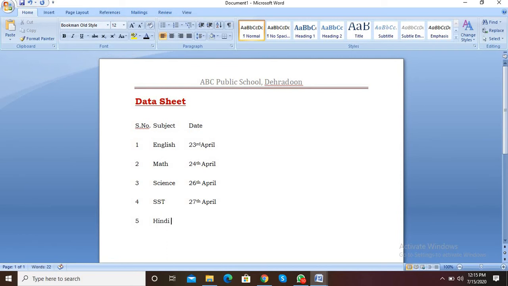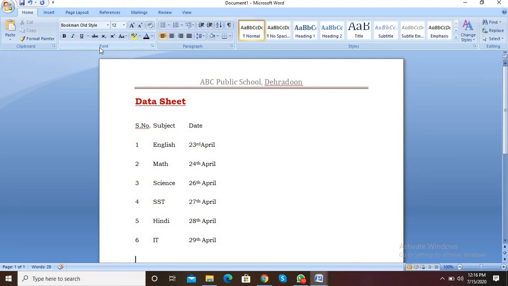Again a tab key. 28th April. Sixth one is IT, that is computer. Again press a tab key. 29th April. Okay, press enter key.